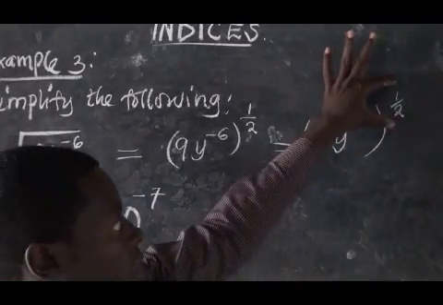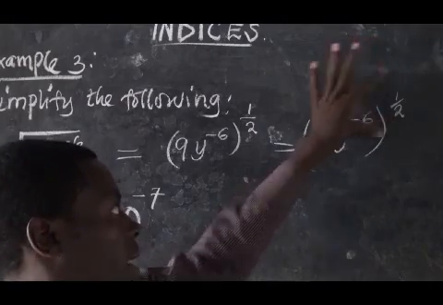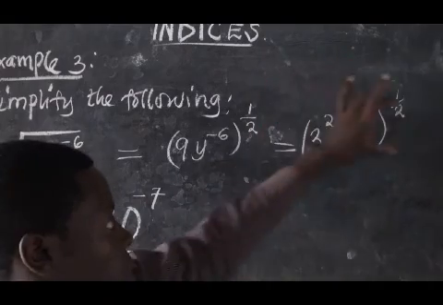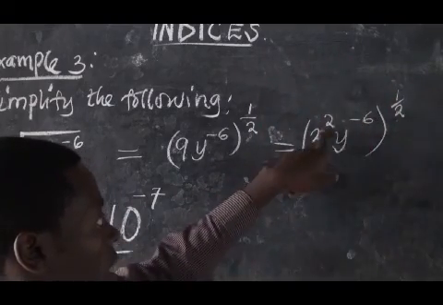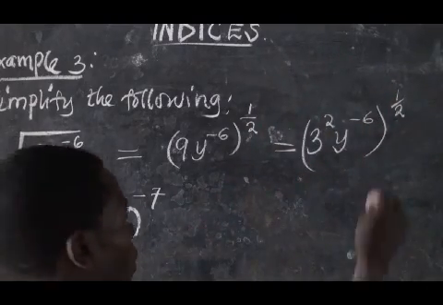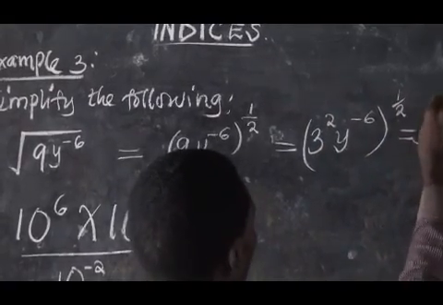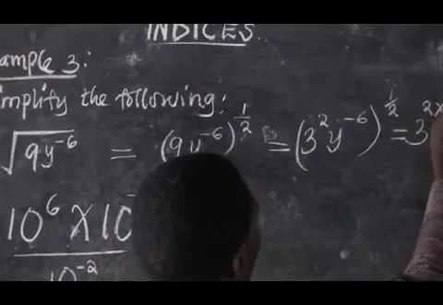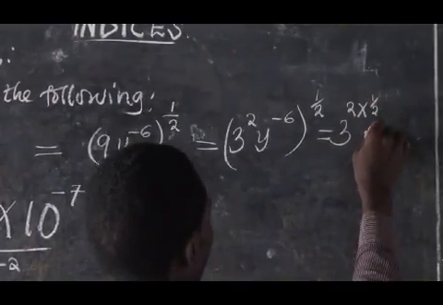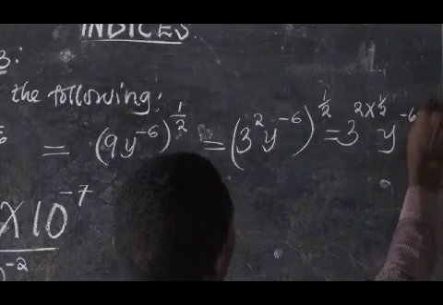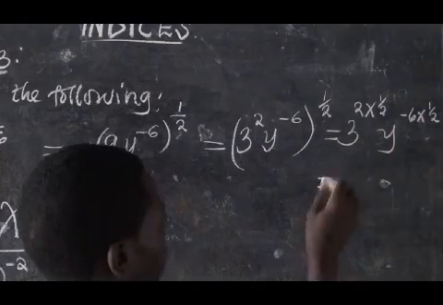Now since the power is up here and is taking the whole thing, we say that we multiply the power. We bring it here, and we bring it here. How? We're going to multiply this power 2 by the half, which will give us 3 power 2 into half, again y power negative 6 times a half. So the solution is going to be